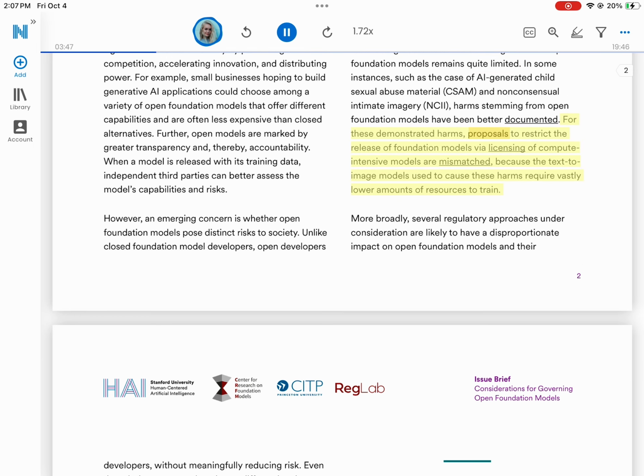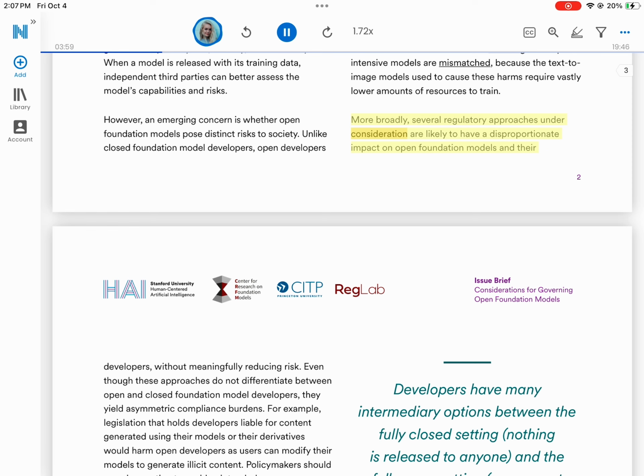For these demonstrated harms, proposals to restrict the release of foundation models via licensing of compute-intensive models are mismatched, because the text-to-image models used to cause these harms require vastly lower amounts of resources to train. More broadly, several regulatory approaches under consideration are likely to have a disproportionate impact on open foundation models and their